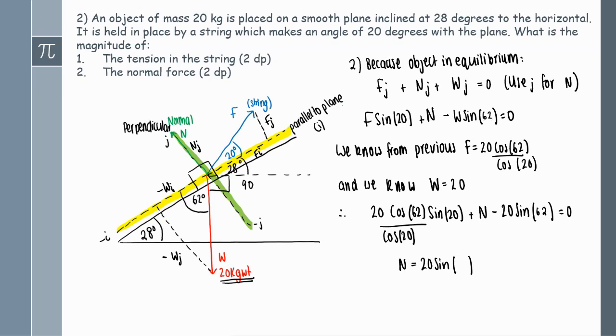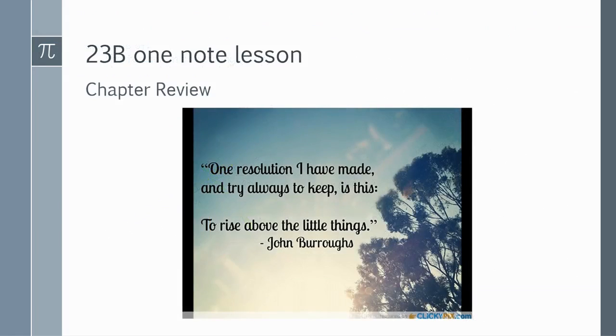Now all we have to do is solve for N. So take everything else to the right-hand side, and we'll get something a bit strange. But when we simplify it, we get that the strength of N is approximately 14.42 kilogram WTs. So that is how we do resolution of forces on a plane into two components. They're parallel and